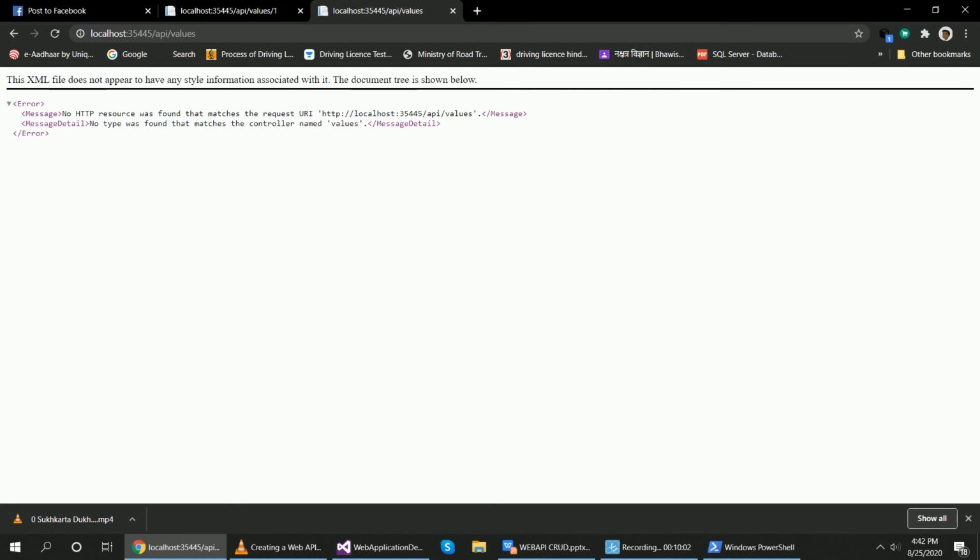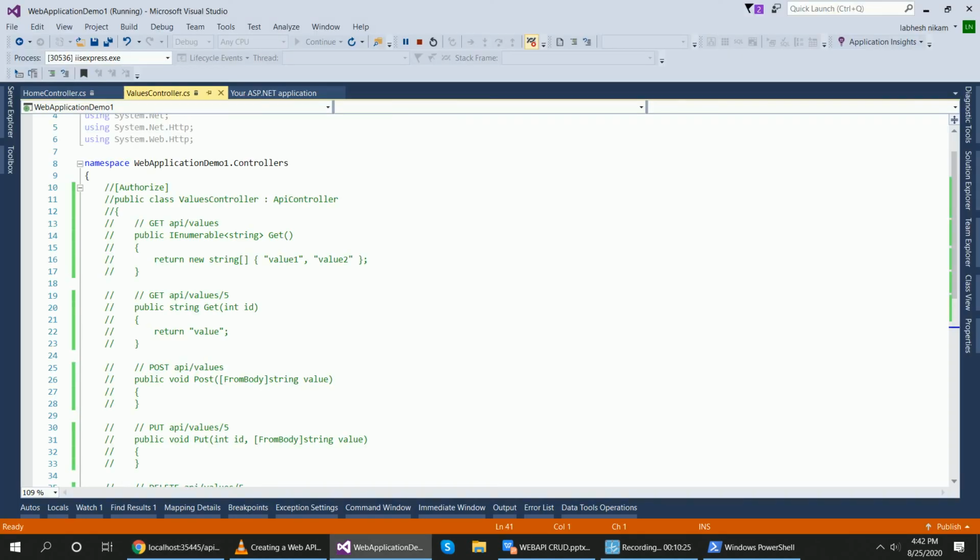No HTTP resource was found that matches the request URL. I have commented all of it, so it displays this error, and no type was found that matches the controller name values, because the get method and the parameter passing I have also commented, so that error was created, right?